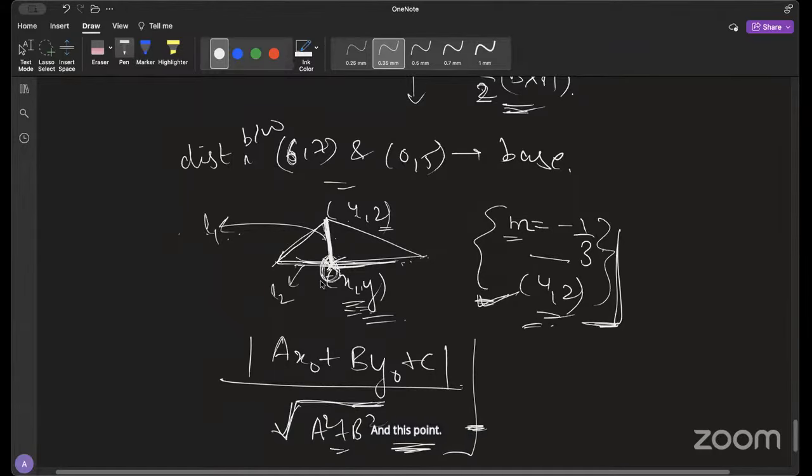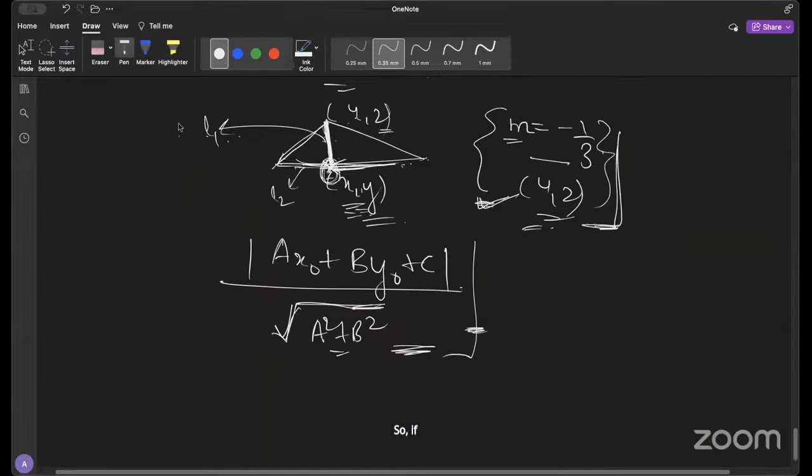If anybody has not understood any part of the method that I explained, you don't really need to understand that part. You can just simply use the distance formula. Or if someone still hasn't understood the question or what we're doing in this one, I can repeat it again.